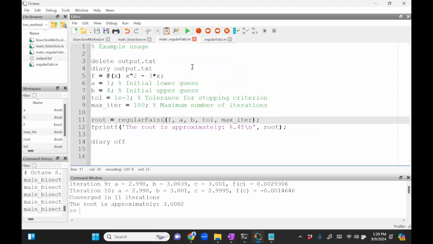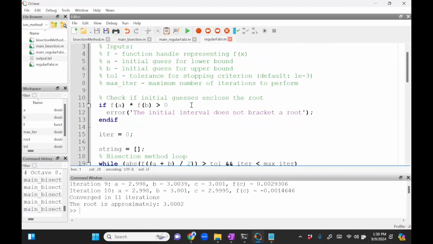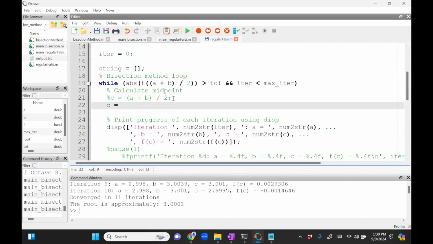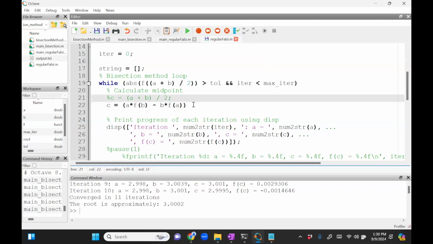Okay, now this is not going to run regula falsi because I've not made any modifications. Let's just go ahead and do it. So here C is the same as x3, A is x1 and B is x2. So the formula we have for this is C equals x1, which is A, times f of x2, which is the same as B, minus B times f of A, and then the whole thing divided by f of B minus f of